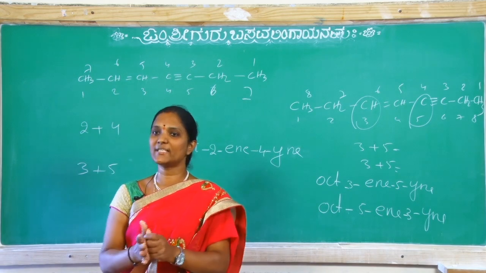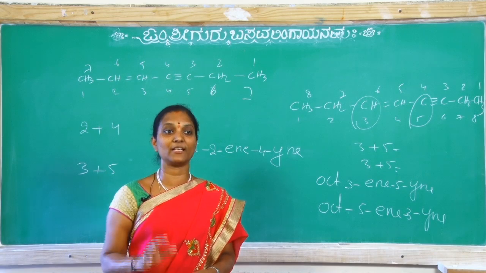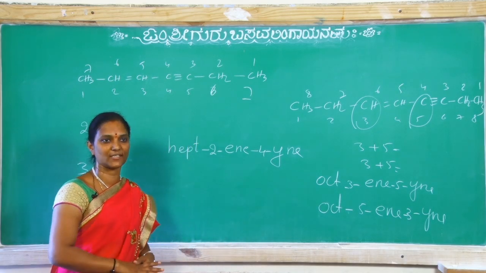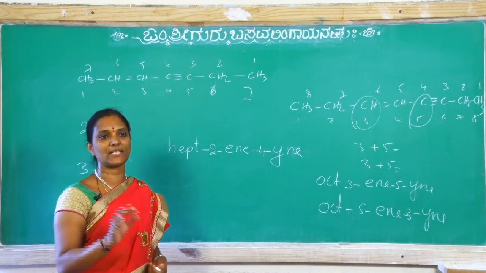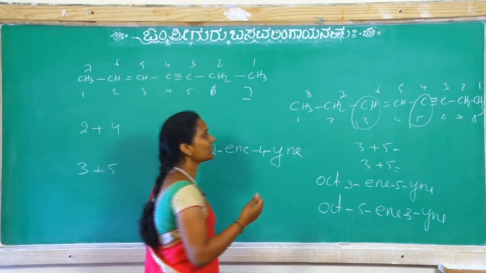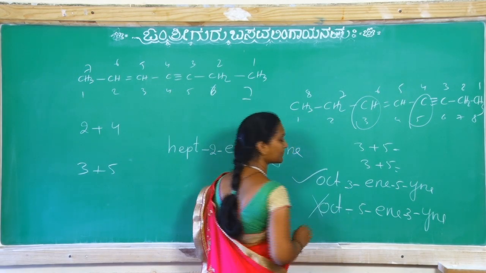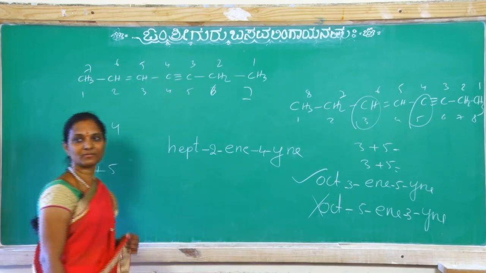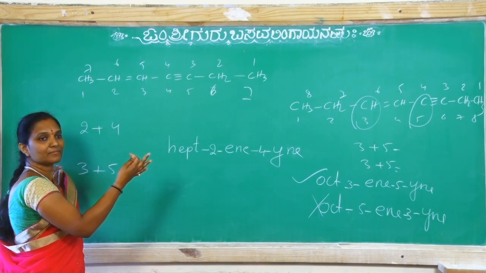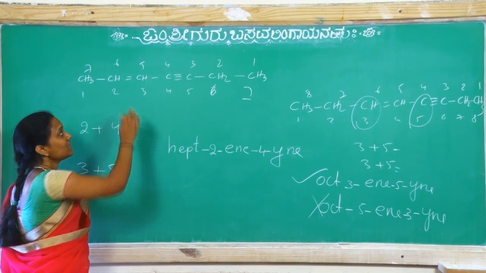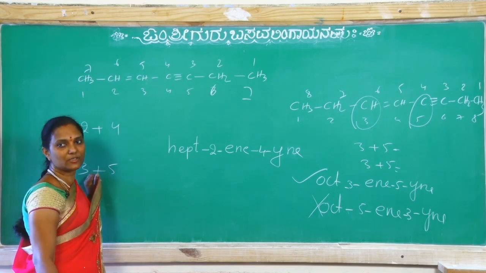Say both sides we are getting the same sum, give importance to double bond. Double bond least number is the correct answer. If two sides give the same sum, the double bond least number is the correct answer. Okay. So double bond least number 3 is the correct answer, not this. If both sides are not the same, just take the least sum. If the same sum, then give importance to double bond. Okay.